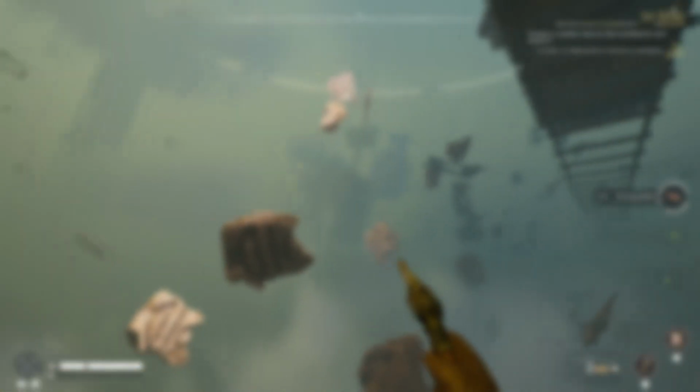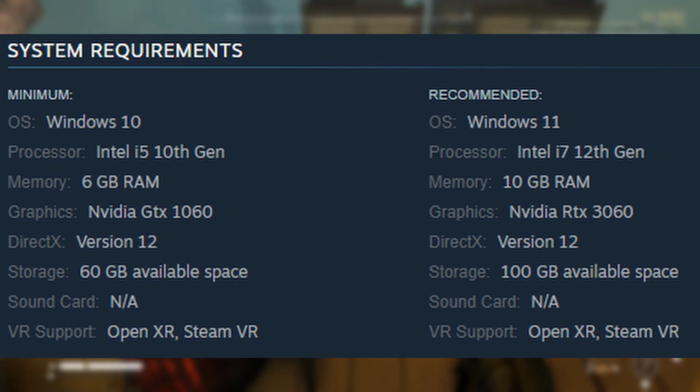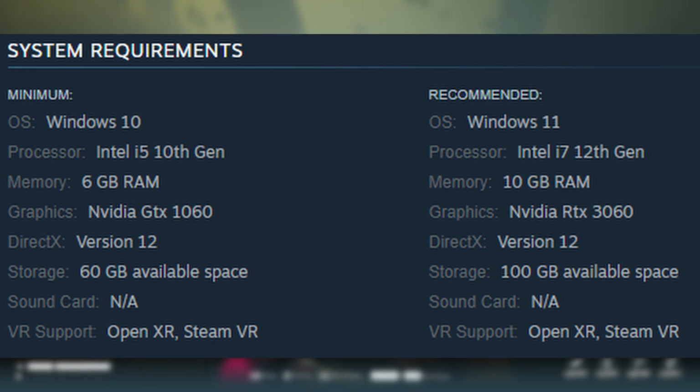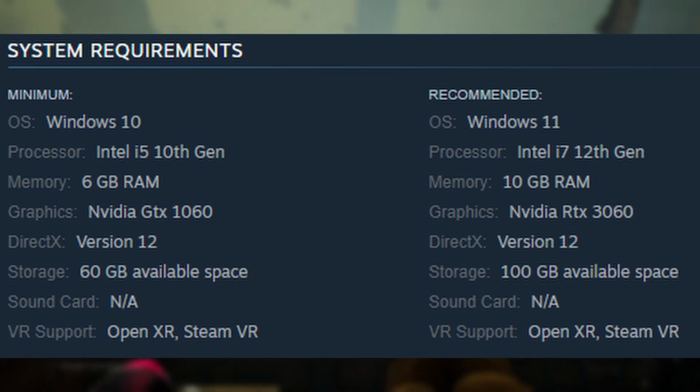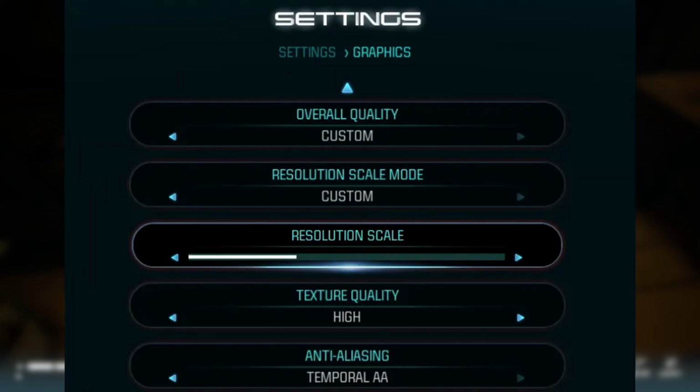Another thing to point out is, can our PCs actually handle these graphics? These are the specs recommended for the game, so I think I'll be fine, but I'm not the best at understanding what specs are good or not. But usually games like this that have really good graphics have a graphics setting just in case, but hopefully that's not an issue for most people.